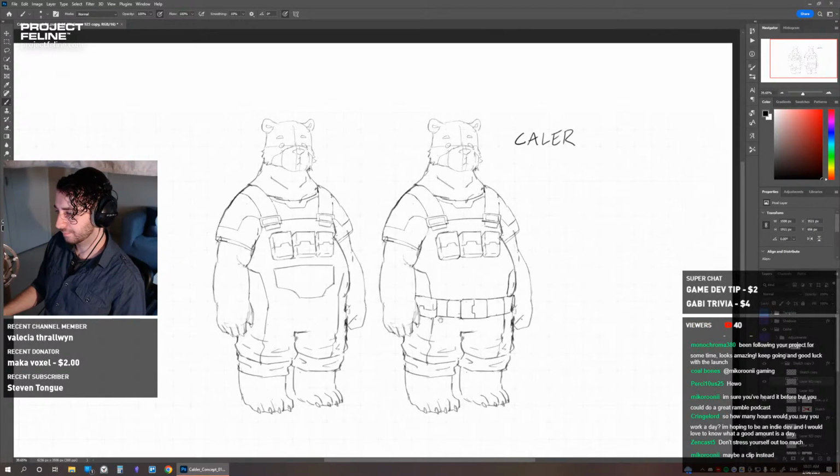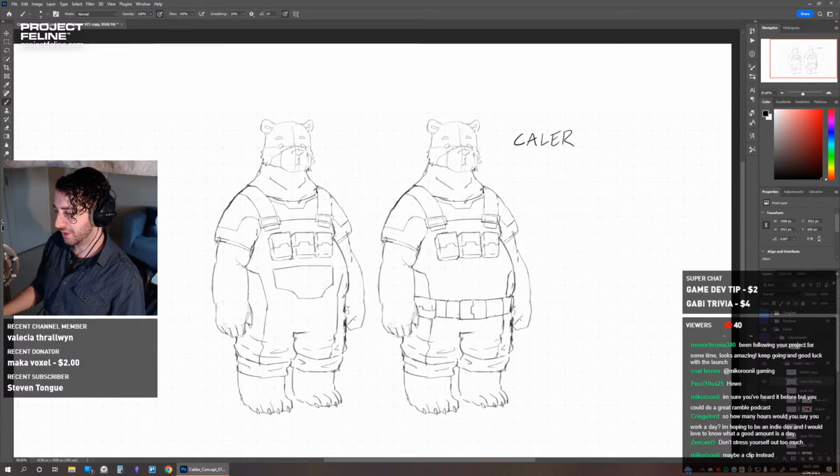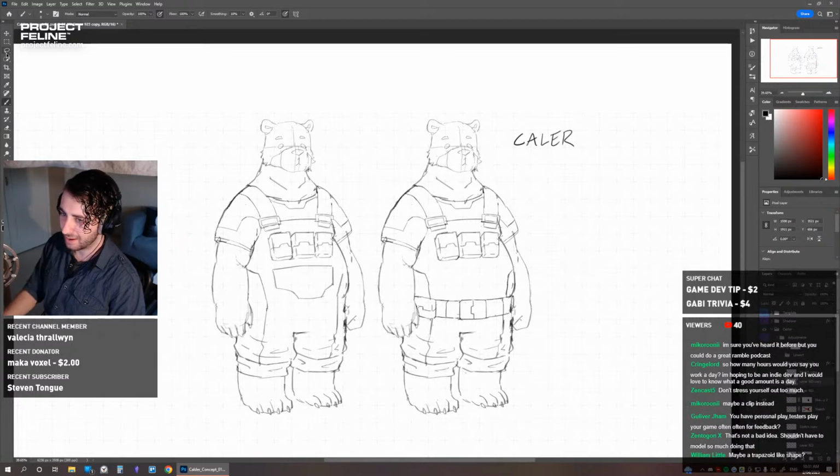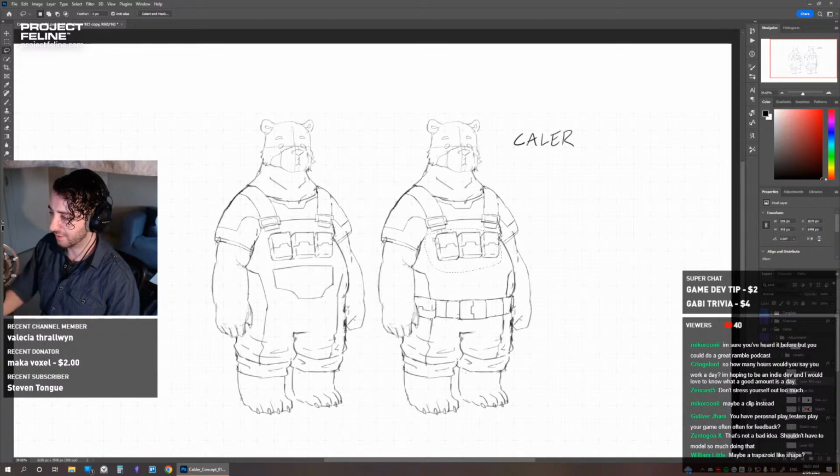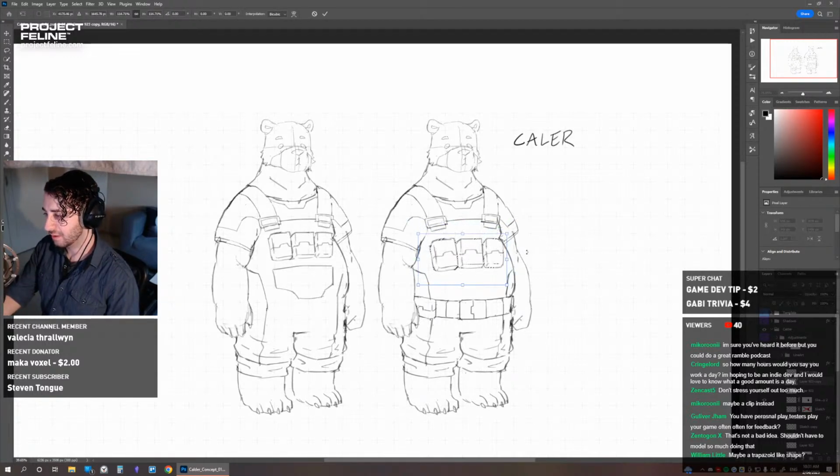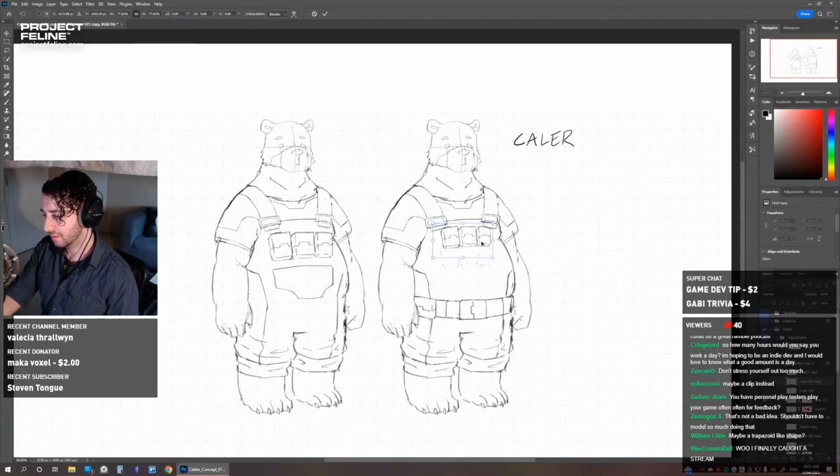I'm just wondering about the torso now. I'm liking the bottom half, but I'm thinking about the torso with the pockets there. I don't know if those look too empty by themselves. I don't know if I need to shrink them or make them bigger, or bring them down. Just messing around, seeing what feels good. Maybe that.